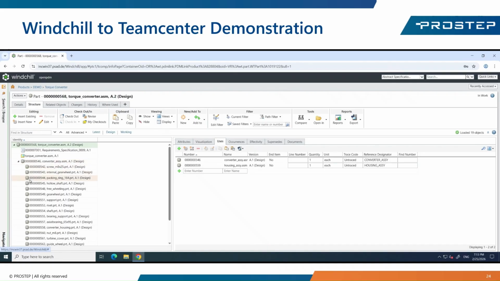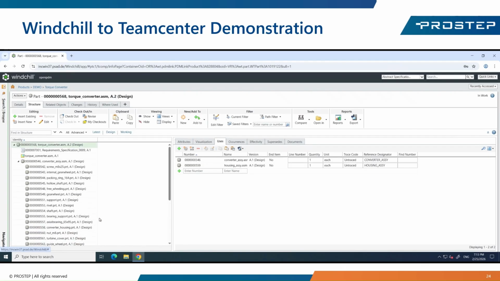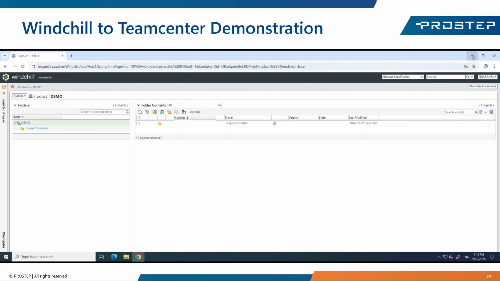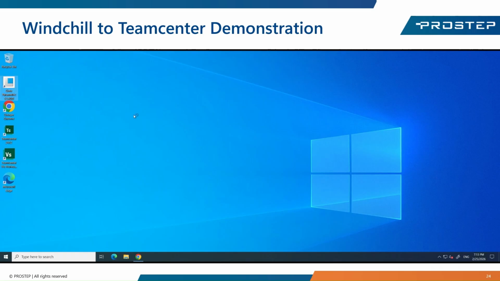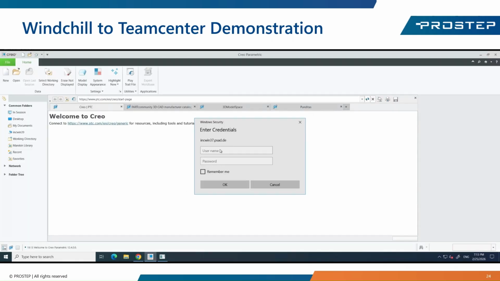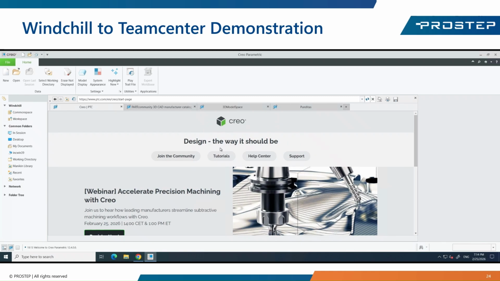What's going to happen behind the scenes when you initiate the transfer is starting a process within the OpenPDM process server. That's a BPMN workflow engine, and what's happening is it creates an instance of that workflow that's configured specifically for this use case, the synchronization of data from Windchill to Teamcenter. So within the workflow, there's steps for getting the data from Windchill,